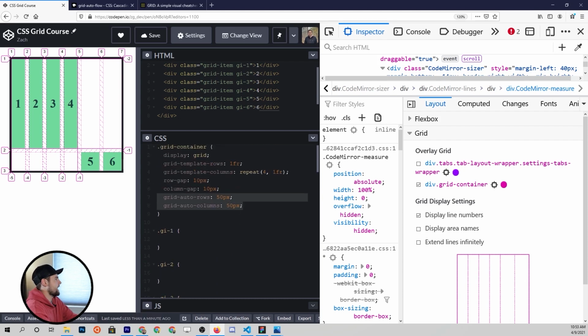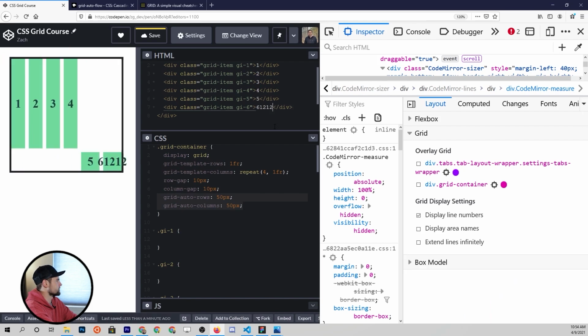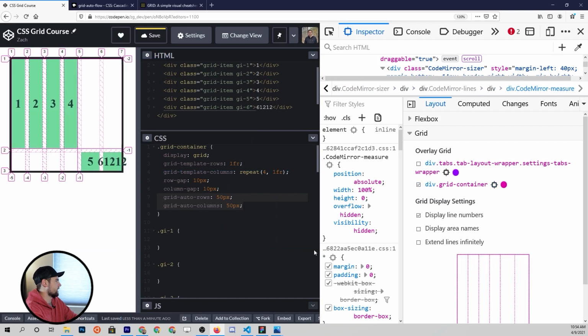But let's say that we have more content in one than the other. So let's put in like a bunch of numbers here for this last one. And you'll see that now, let's turn our grid back on, our numbers for this one are spilling out of its container. And we obviously wouldn't want that, and this is pretty common that grid items are going to have slightly different